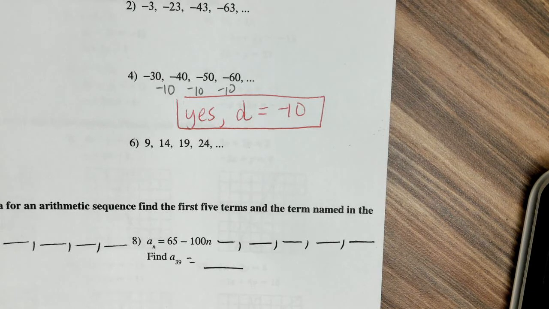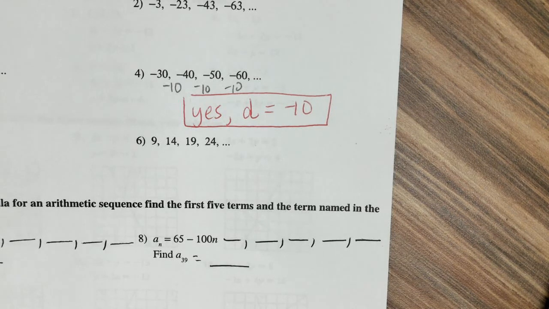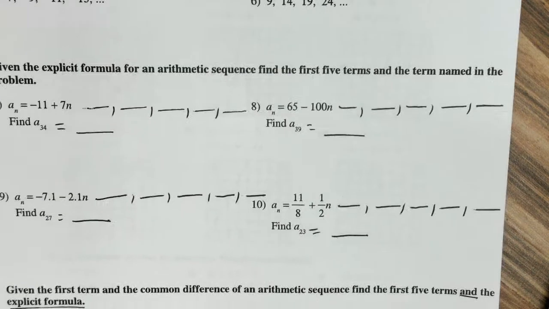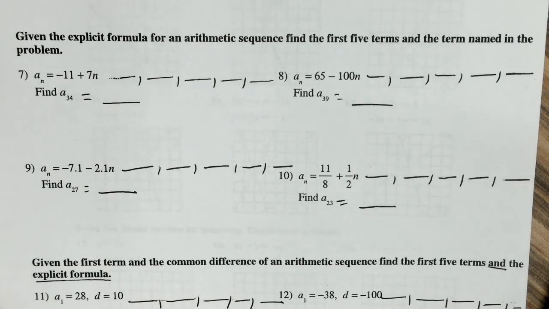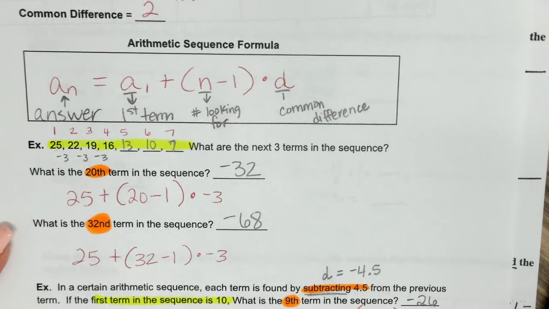Now, I need to talk to you guys about 7 through 14. And it wasn't on your notes. Okay, so we need to talk about it. Look at number 7 through 10's formula. Does it look like the formula we learned on your notes? No. This is called the explicit formula. It is the exact same formula. The only difference is they did